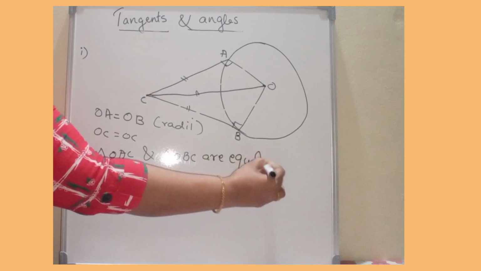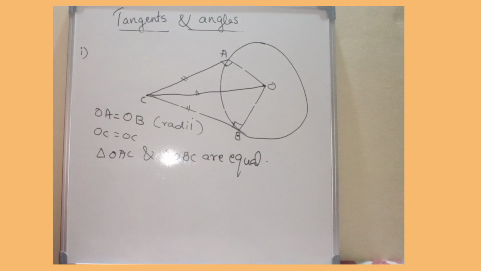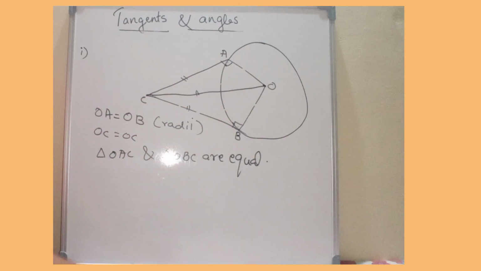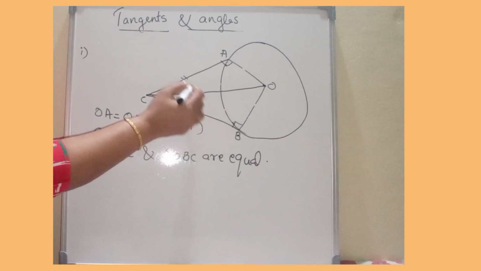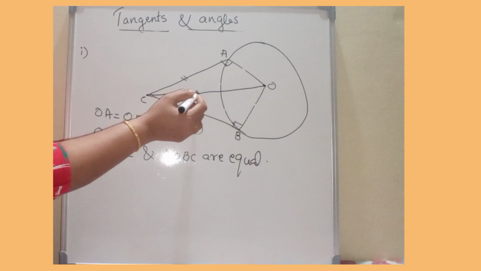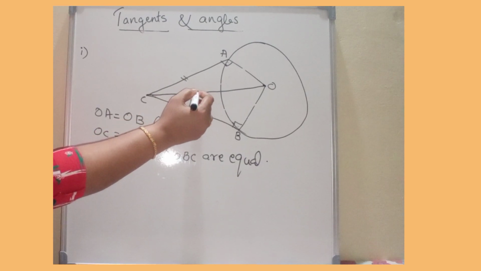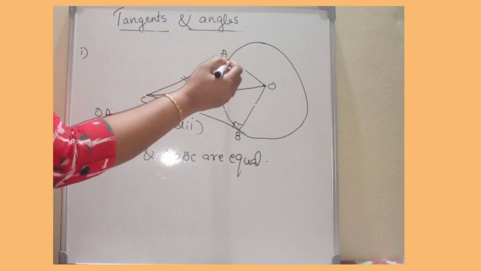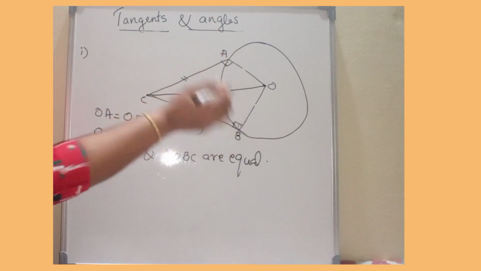Two equal triangles. And we know that in equal triangles, the sides opposite to equal angles are equal. See here, we have these two angles equal, and this side is common, so the angles opposite to them are equal, and already we know that these two angles are equal.